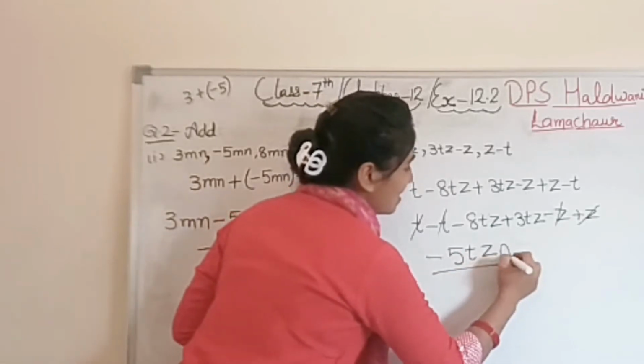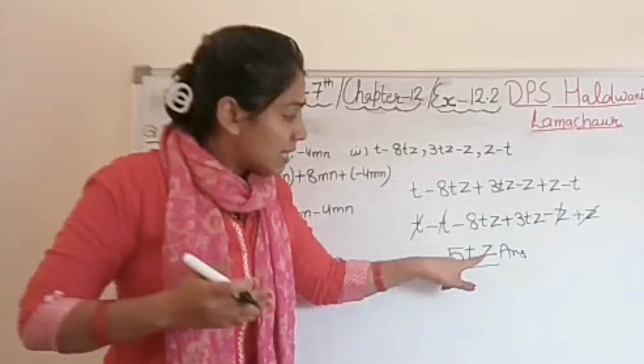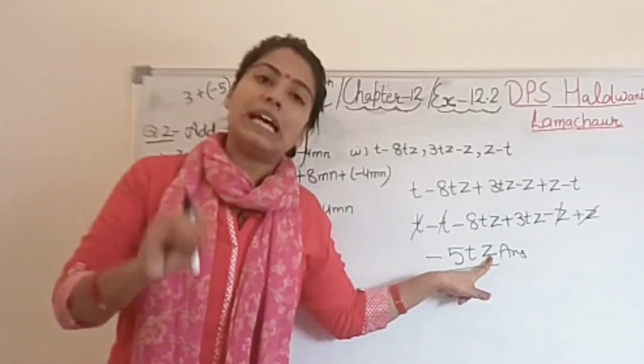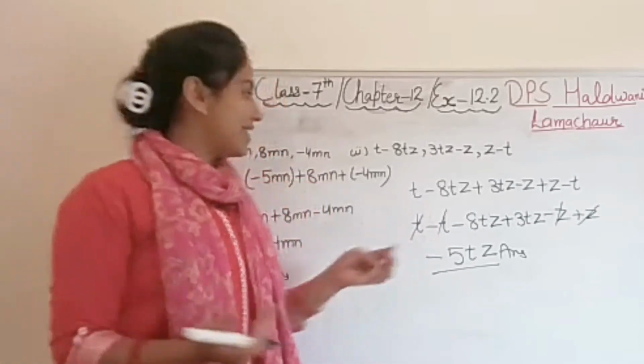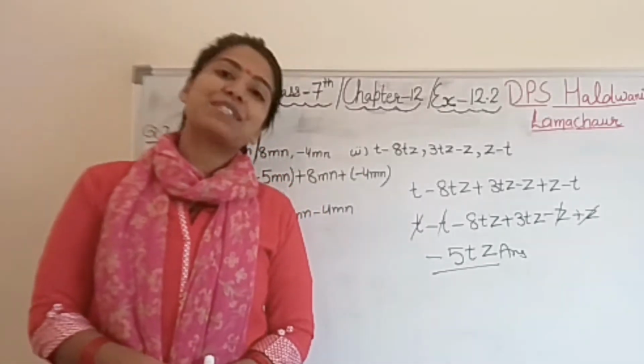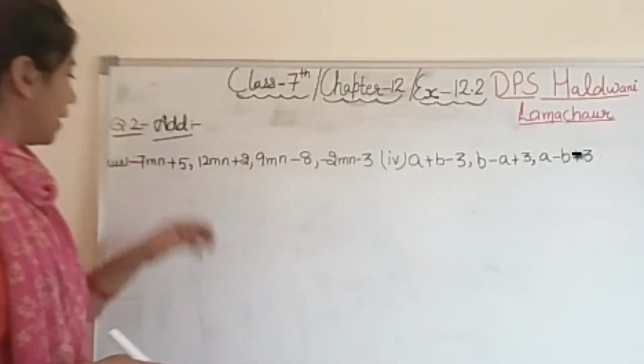So student, it is just addition, subtraction, which you have already done during classes, but here variables are also there, you have to see that only. That's it. So this is about the first and second part of question number 2. Now coming to our next part. Now coming to our third part for question number 2.